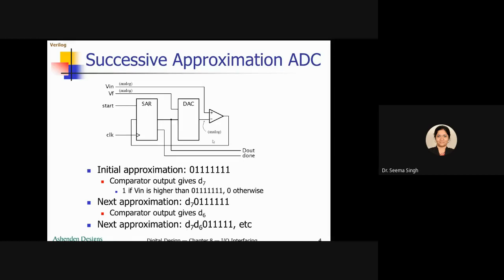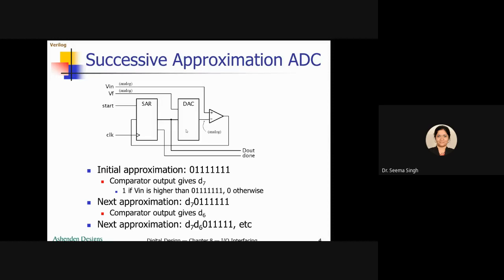Okay, so this successive approximation ADC you had seen before also. Now, just to revise it before we go to see the controller part, you saw that for this DAC, the reference voltage VF was given, and this is your input analog voltage V in. You have a start signal which will start this successive approximation, and here the comparison is done for each bit. Here it is shown 8 bit. You may do it with less than that also.